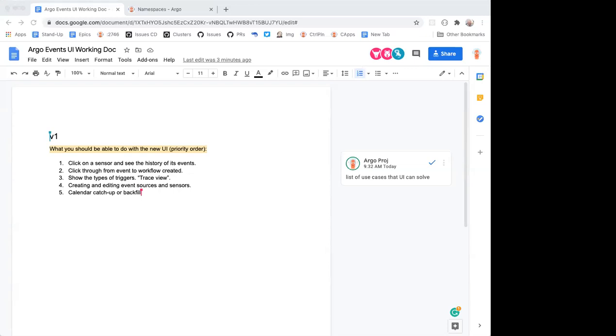Okay, so what does that mean for Argo Events? Well, we don't currently have a user interface for Argo Events, so I plan to build one. But what we really need to know from people in the community is what kind of problems you would like to solve through the user interface, what things don't make sense to you, and what things are missing. I'm hoping I can show you what I've done so far in the last couple of days as a proof of concept, explain what it does, and explain the two use cases I'm trying to solve with it. I don't know if one of those use cases is a valid use case or not.